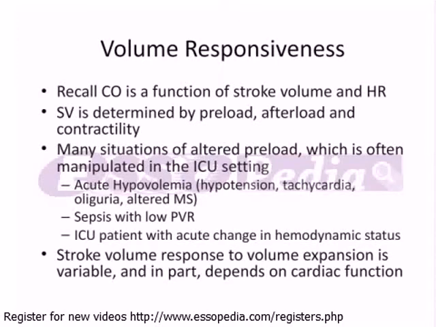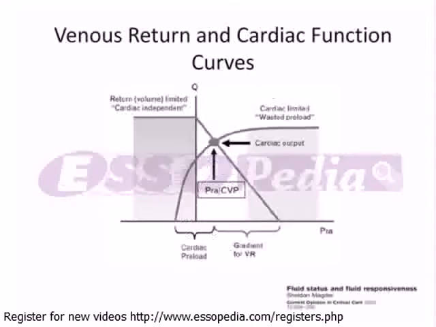From a physiologic point of view, the right ventricle is often regarded as a permissive pump. In the absence of disease and abnormal afterload, the right ventricle will pump whatever it receives. This physiologic principle is illustrated in the interaction between the venous return curve, which is the curve that starts off flat on the left and angled down, and the cardiac function curve, which is the curvilinear line that starts on the left and curves towards a plateau